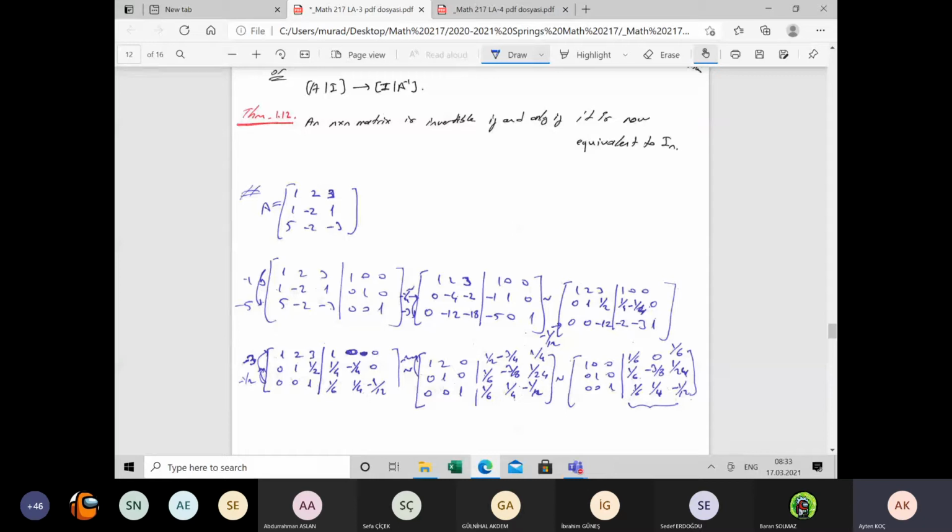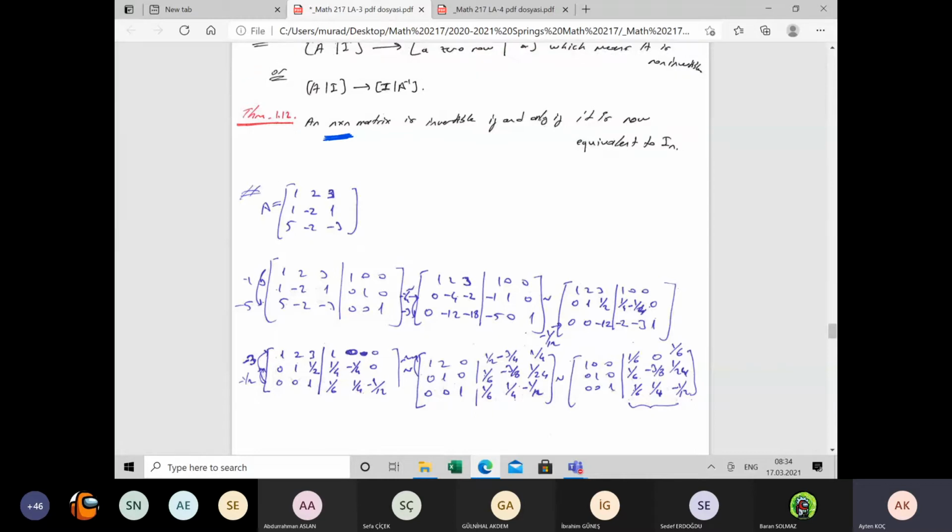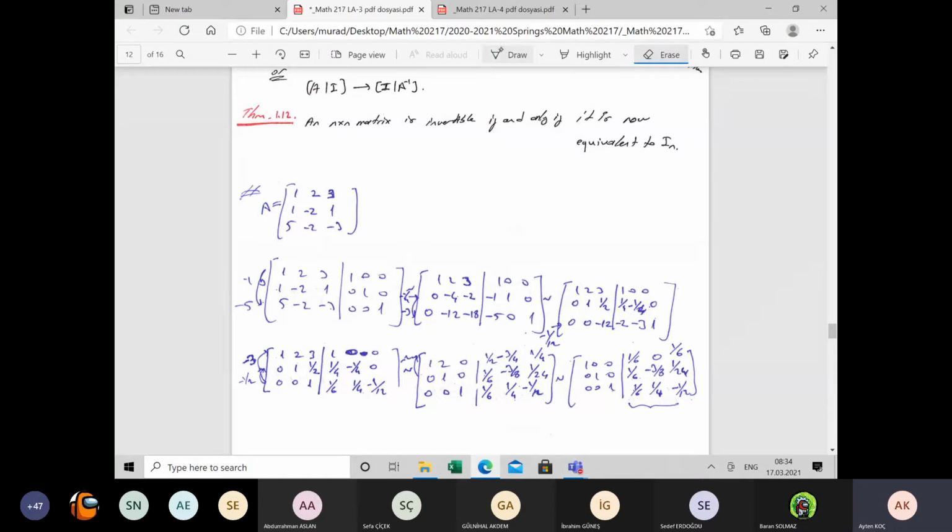But be careful here. Our matrix should be n by n, otherwise it is not possible to mention the inverse of A. The definition of an invertible matrix is valid only for n by n matrices. Be careful. So this theorem claims that for an n by n matrix,